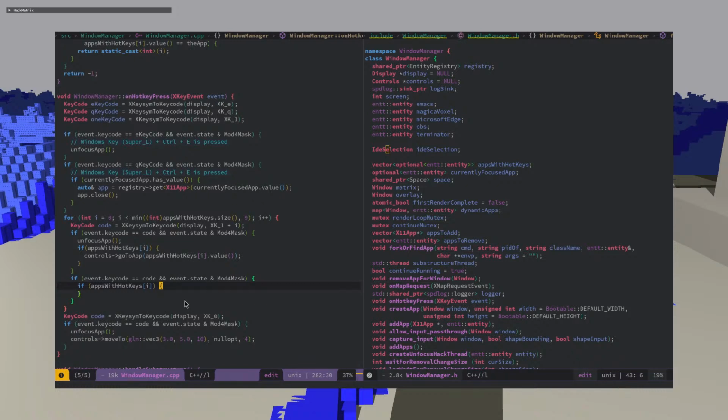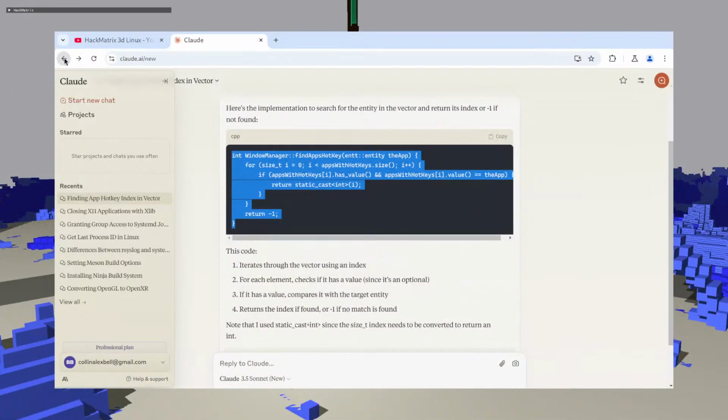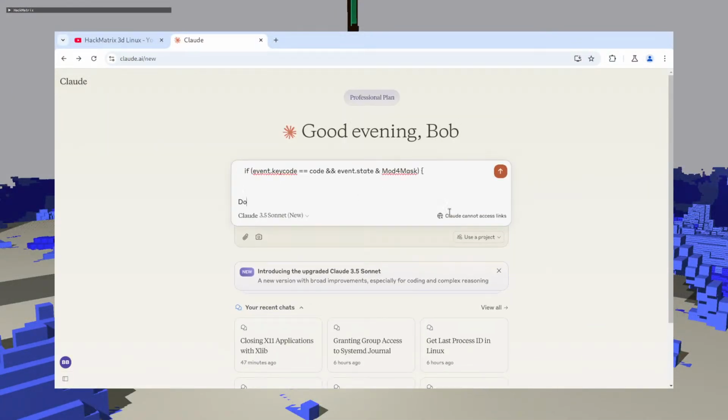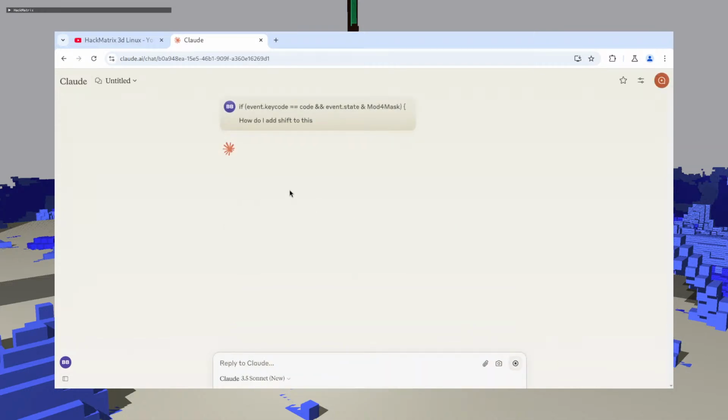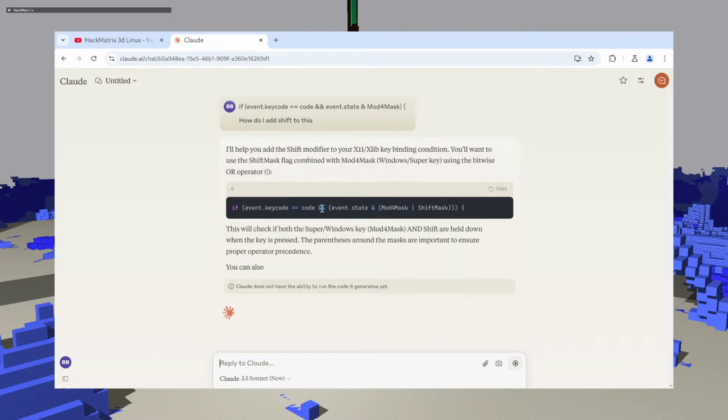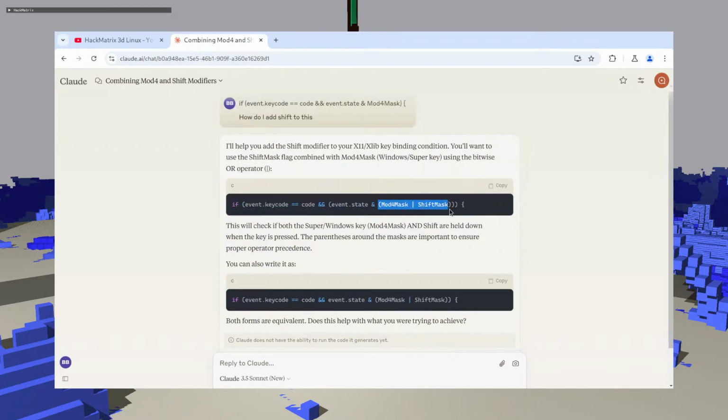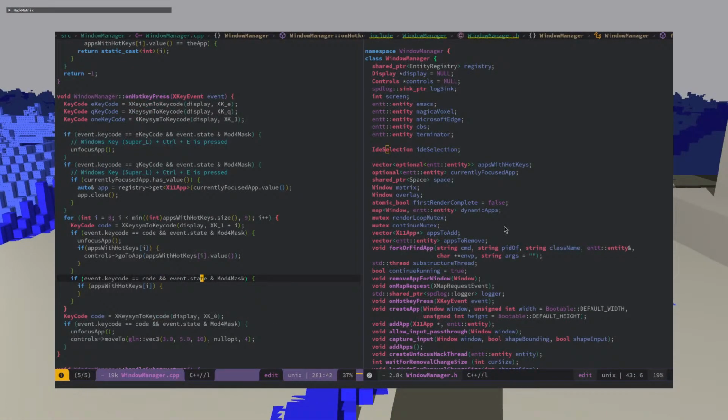Okay, so if I press... Oh, I should ask. I've tried to ask this multiple times of Claude. How do I add shift to this? Or the bit masks. Okay, so now we have a shift. And so now, if there is apps with hotkey,